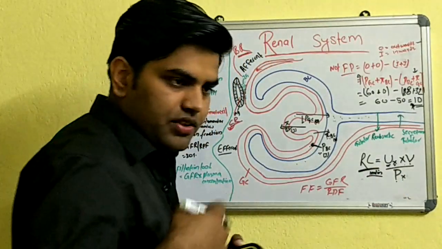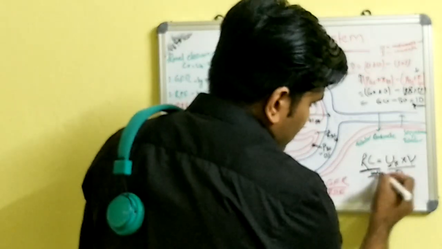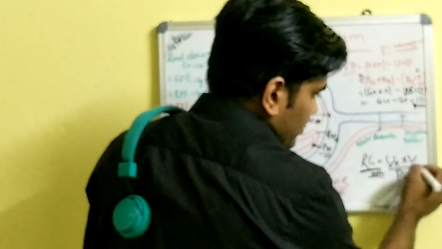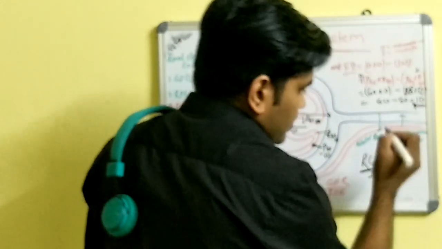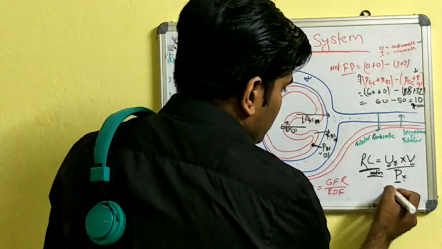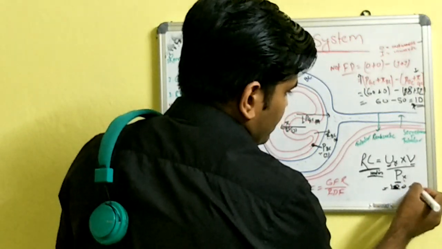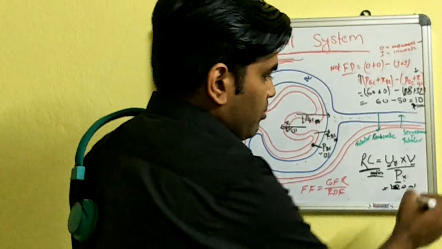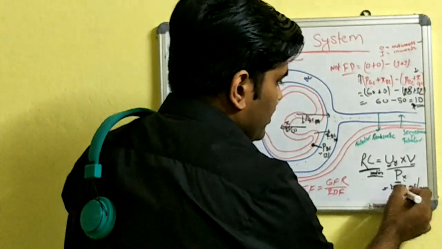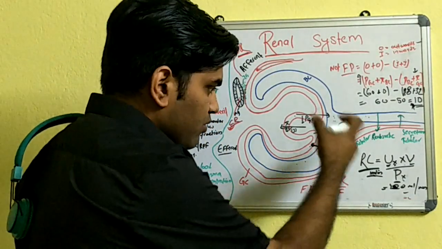Inulin is neither secreted nor reabsorbed. So what happens? Its concentration in the urine, the urine flow rate, and the plasma concentration give around 120 ml per minute. So it indicates that if inulin is neither reabsorbed nor secreted, and if you calculate the renal clearance of the inulin,